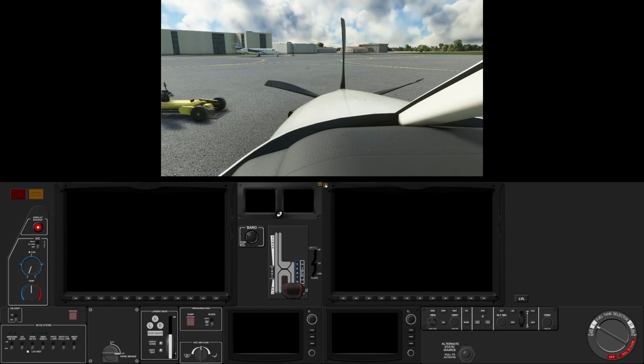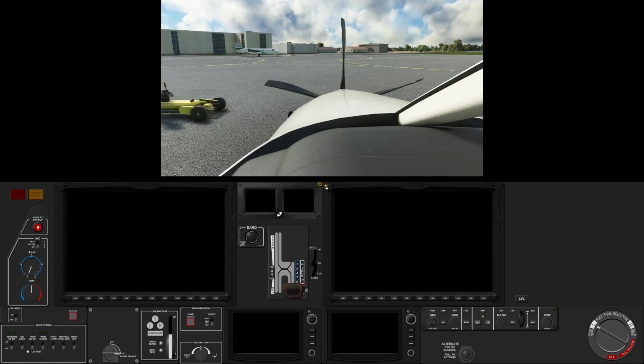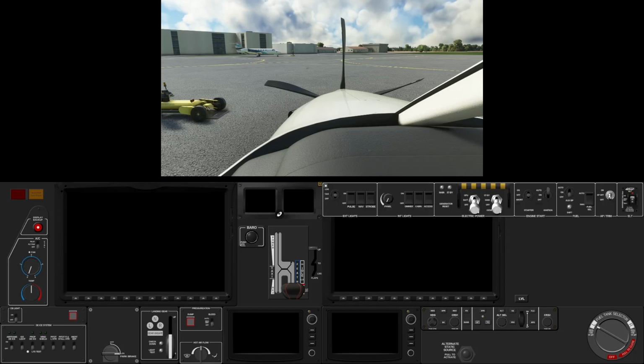Now, the way I make these instruments, you can select whether or not it's a show/hide type instrument, as in this little icon, or it's not. If you don't tick that user property, then it doesn't generate this little plus symbol in the corner. It just shows it all the time as a normal instrument would be. But for those options on some of those panels where I just haven't got the space, or I use them so infrequently, I get them to pop up. You've probably seen that on my Caravan